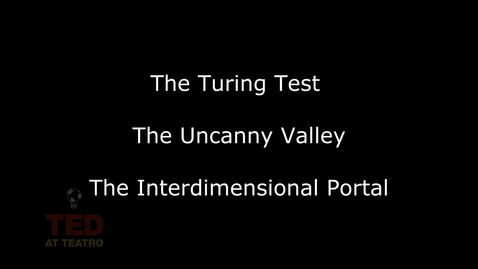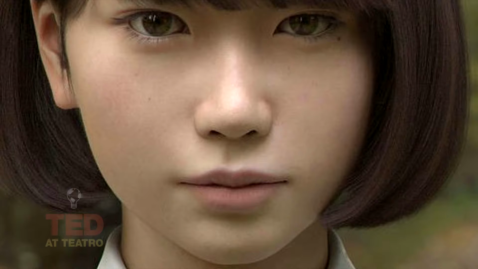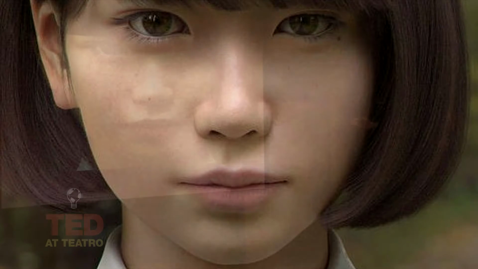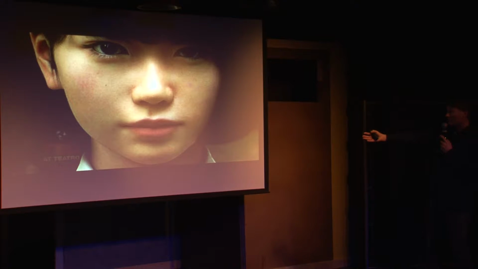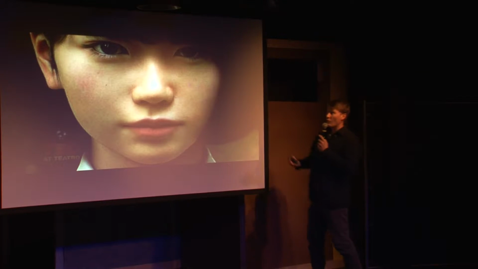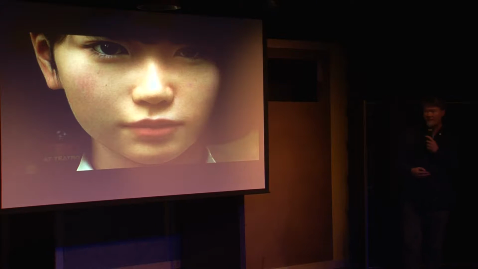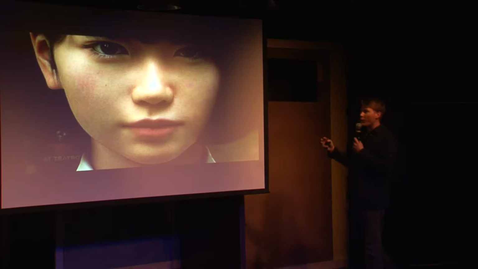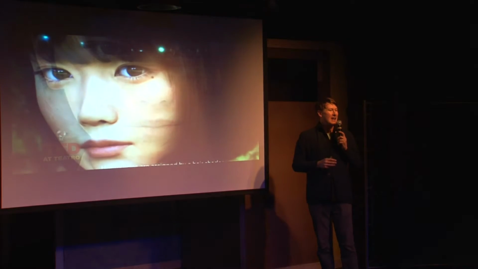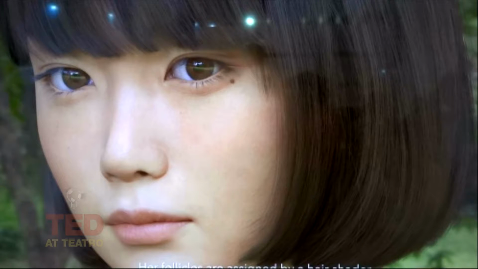Maybe you've heard of the Turing test. This is the idea that if you're interacting with a robot and you think it's human, then the robot wins the Turing test. But what about the uncanny valley? This is like the aesthetic corollary to the Turing test. And so this is an image that I ask you, can you tell whether or not this is a robot? Does this look like a human or a robot to you? The aesthetic version of the Turing test is called the uncanny valley. As we create things that look more human, they become deeply unsettling for a moment.